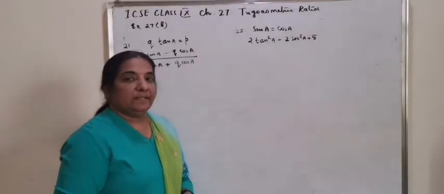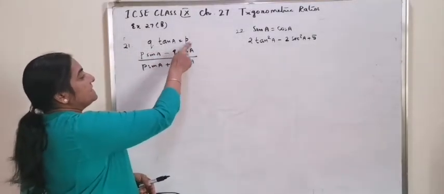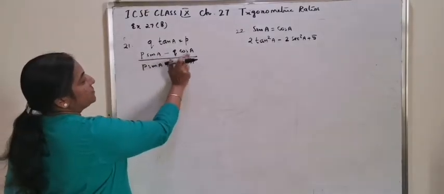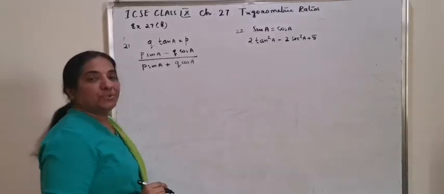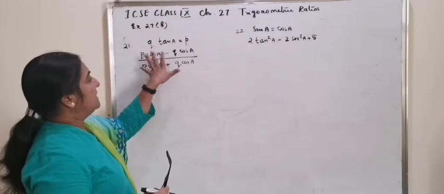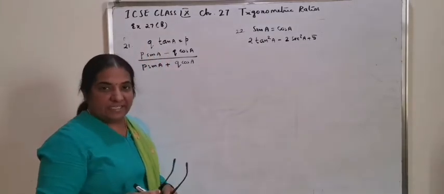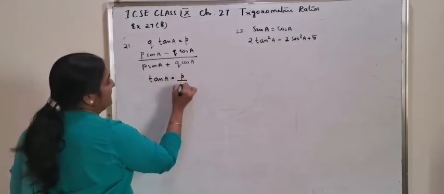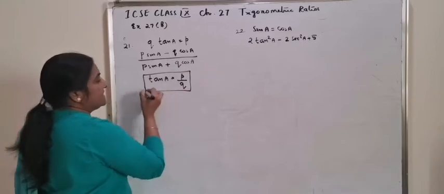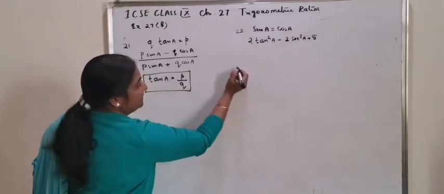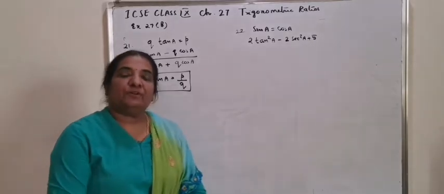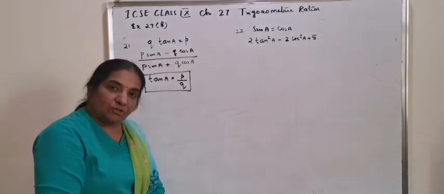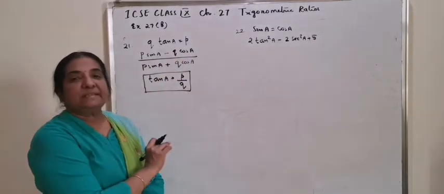Question number 21. It is given that Q tan A is equal to P. You are asked to find out what is P sin A minus Q cos A by P sin A plus Q cos A. If you see the question, there is an easy way of working it out. From the given condition, tan A is equal to P by Q. So, the first method is you will take a triangle, you will plot angle A and you will find out the other side. Separately find out what is sin A, cos A and substitute. That also will give you a correct answer, but the easy method in this question is